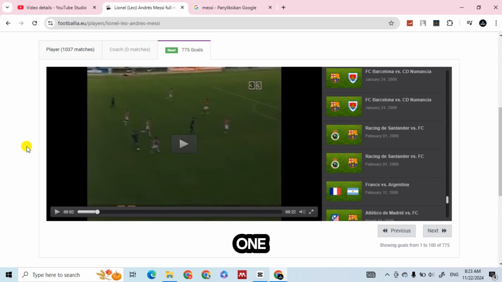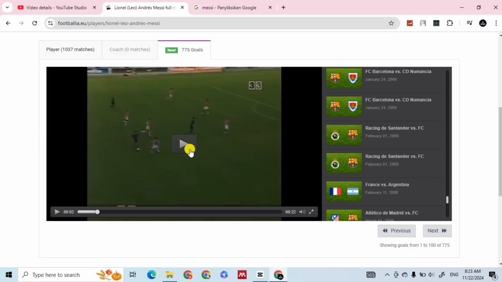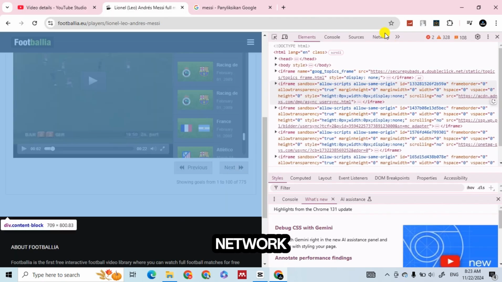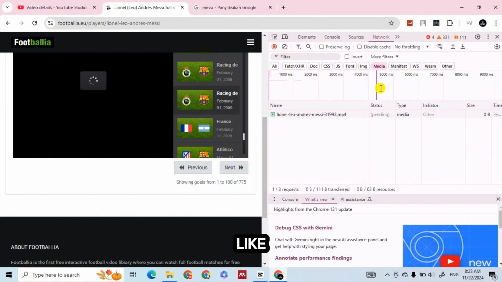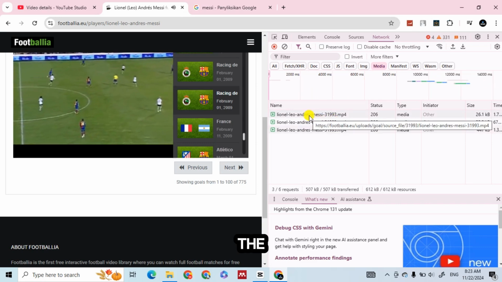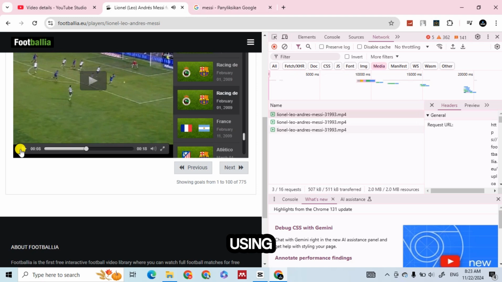The second way is you can inspect the page, go to the network tab, and find the MP4, like this, and you can download the video. I hope you can follow step by step and don't miss the tutorial. After you download or screen record,